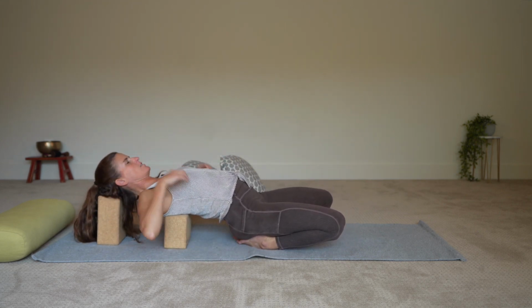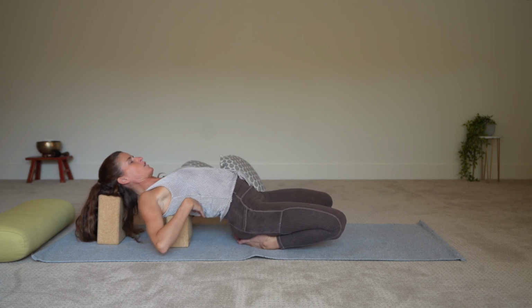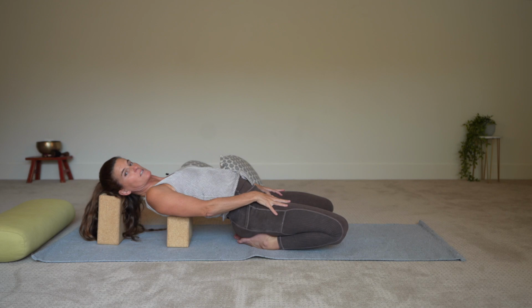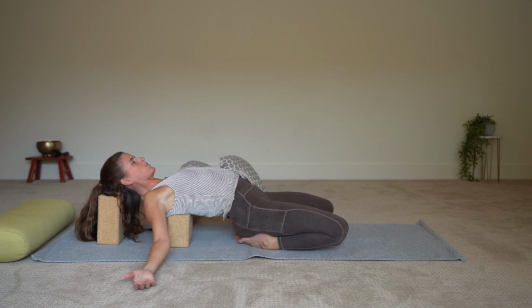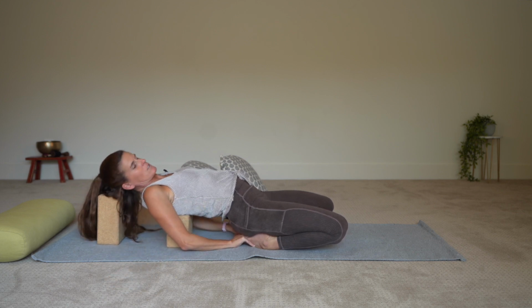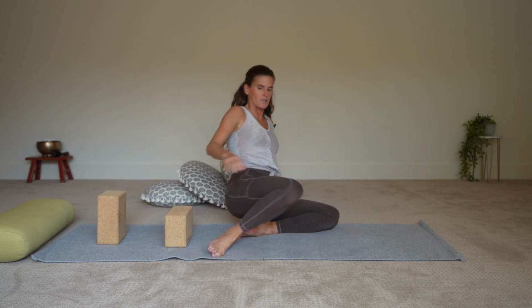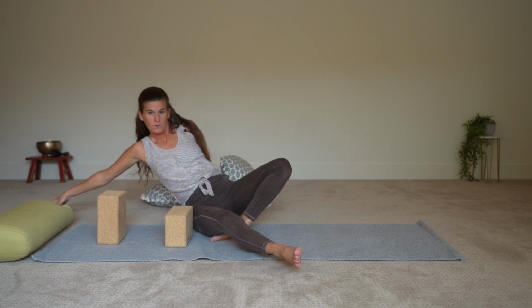1 block under the heart. So this is very much like the options we used in the first pose, except we didn't have the legs back like this, and so this is where it becomes a very different sensation for a lot of people. So your body might be saying, no way, I'm not doing that, and I have some options for you if that's the case. So maybe you're there, maybe you are lying all the way back with no problem,